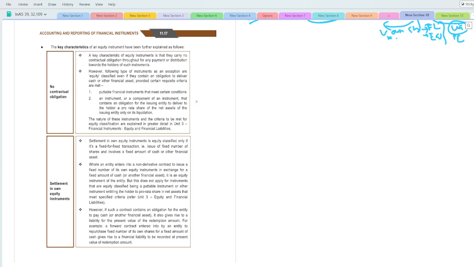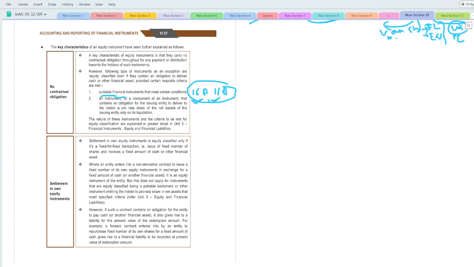So ये पोर्टेबल इंस्ट्रूमेंट के बारे में बात कर रहे हैं जो हम लोग बाद में चैप्टर 3 में डिस्कस करेंगे, पैराग्राफ 16A एंड 16B। उसमें कंडीशंस हैं, वेरियस कंडीशन अगर सेटिस्फाई करेगी तो वो पोर्टेबल इंस्ट्रूमेंट कहलाएगा, दैट इज योर इक्विटी इंस्ट्रूमेंट, इवन इन स्पाइट ऑफ, सो दिस इज लाइक योर एक्सेप्शन, कि वो फाइनेंशियल लाइबिलिटी है लेकिन तब भी आप उसको इक्विटी इंस्ट्रूमेंट बोल रहे हो, बिकॉज आपने 16A और 16B की कंडीशन सेटिस्फाई की है। सो दिस इज योर स्पेशल केस एज एन एक्सेप्शन,